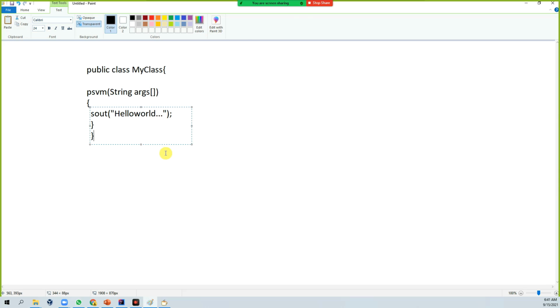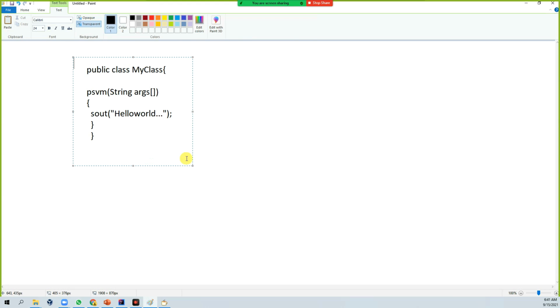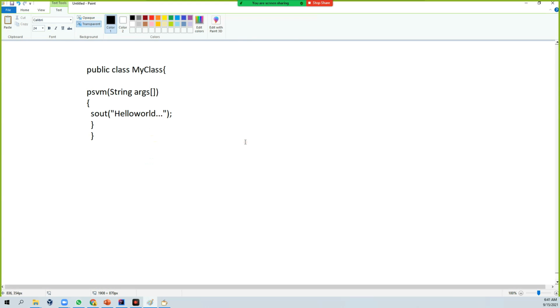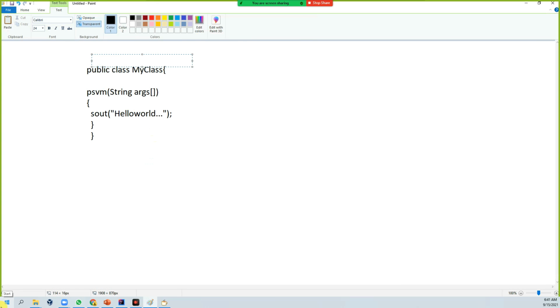Let's take this as an example. In this example you're trying to display hello world. So what will happen at the backend? Let's say MyClass.java is the file name.